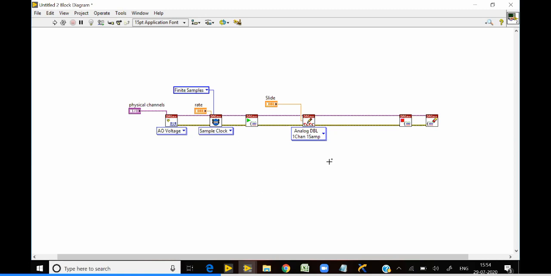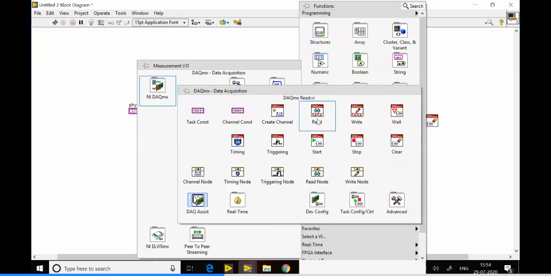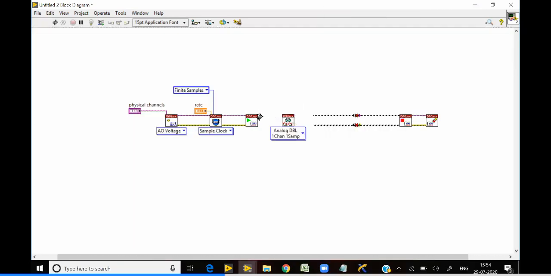Now I'll show you an example question, so you can answer me. First I'll replace it with the read, AI voltage.